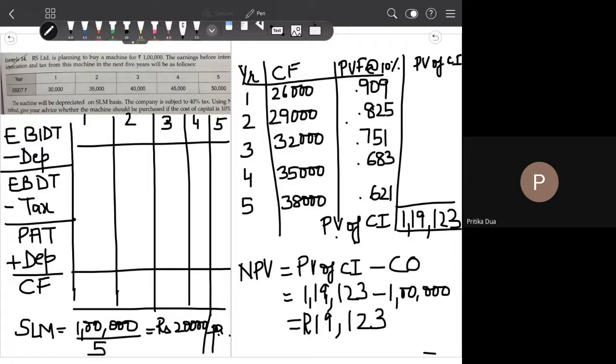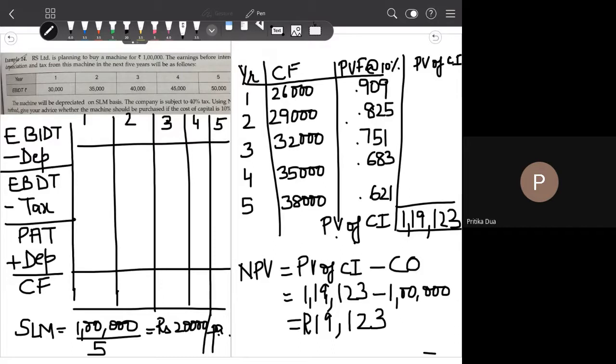You were given EBIDT, earnings before interest, depreciation and taxes. Step 1 in the question is to arrive at the cash flows, for which we are preparing the income statement. Then the cash flows are taken to 0 point of time, that is the present value of cash inflows is calculated, and at the third step you apply the formula for NPV, which is present value of cash inflows minus